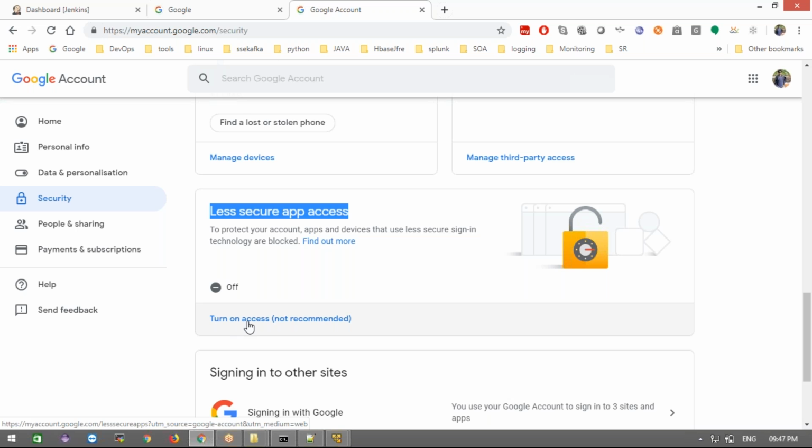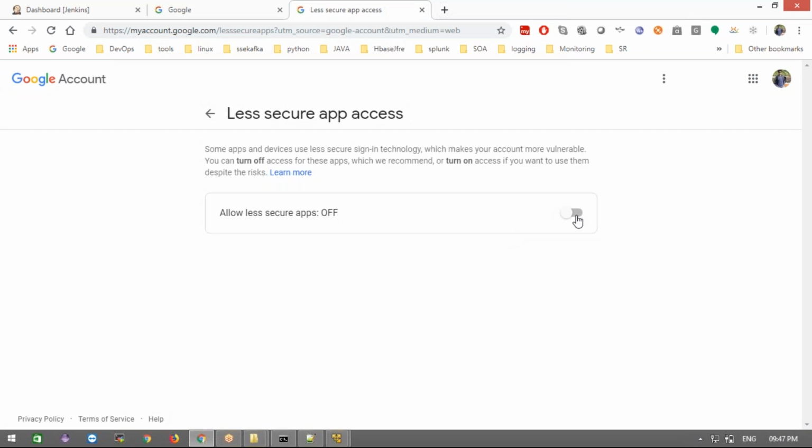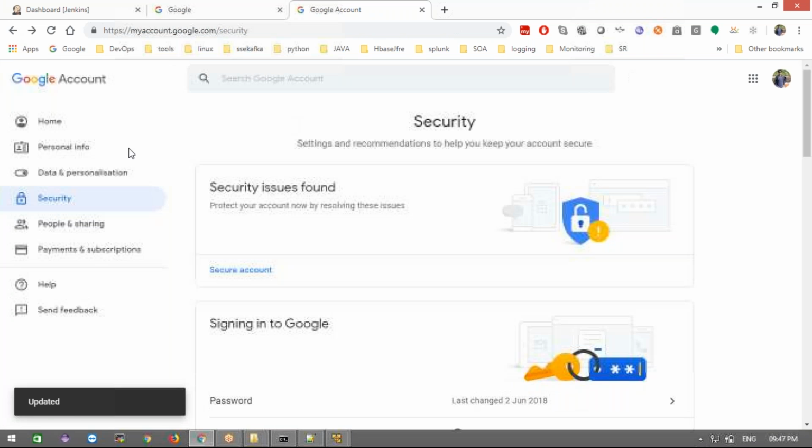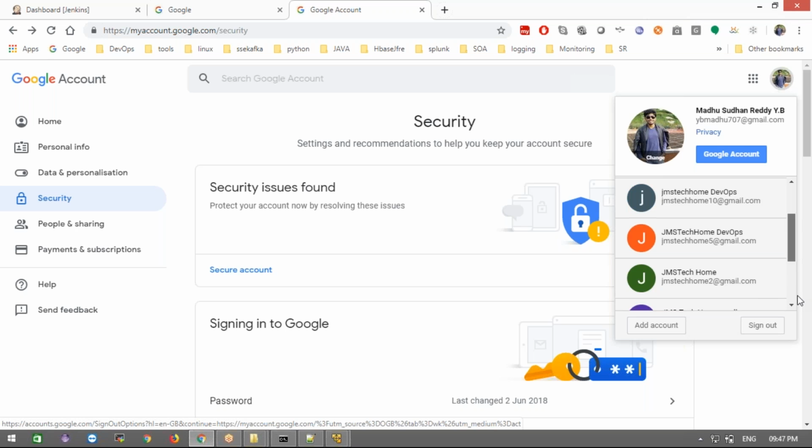If you turn it on here, what will happen? It will come to this one page. We need to enable this. Immediately you will get a notification from Google because you enabled less secure apps. As of now, I already used another account, so I'm disabling this one. I have another account accessing the less secure apps. I use that account. It's the same kind of Gmail that I am using for login.